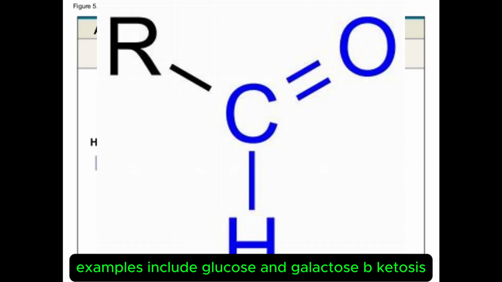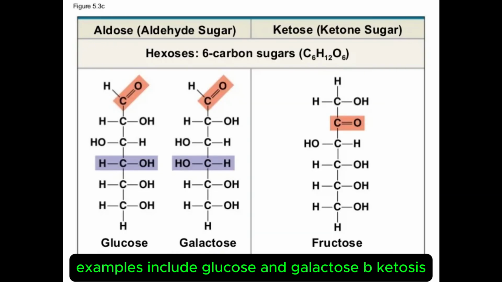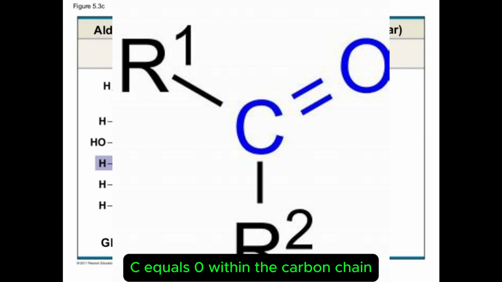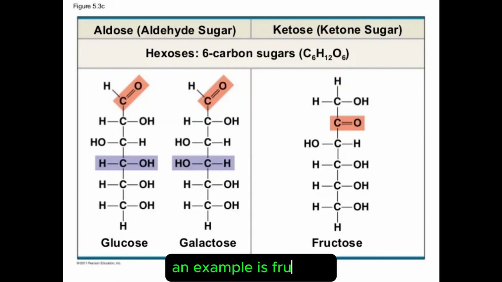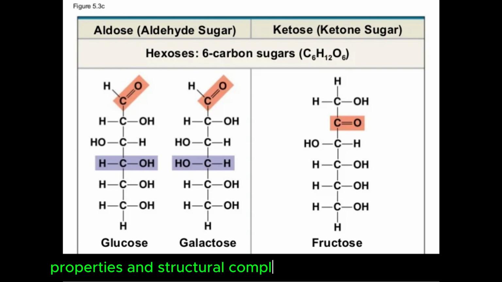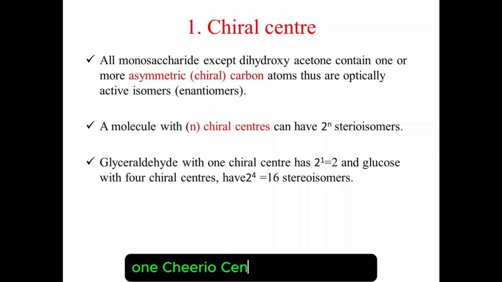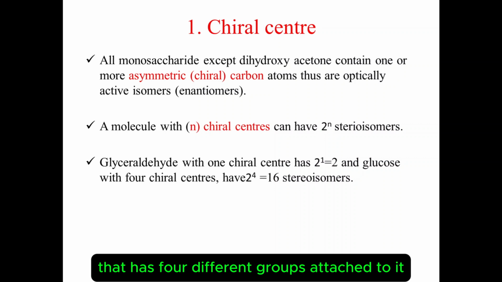Examples include glucose and galactose. B. Ketoses. Monosaccharides with a ketone group, C=O, within the carbon chain. An example is fructose. Properties and structural complexity of monosaccharides. 1. Chiral center. A chiral center in a carbohydrate is a carbon atom that has 4 different groups attached to